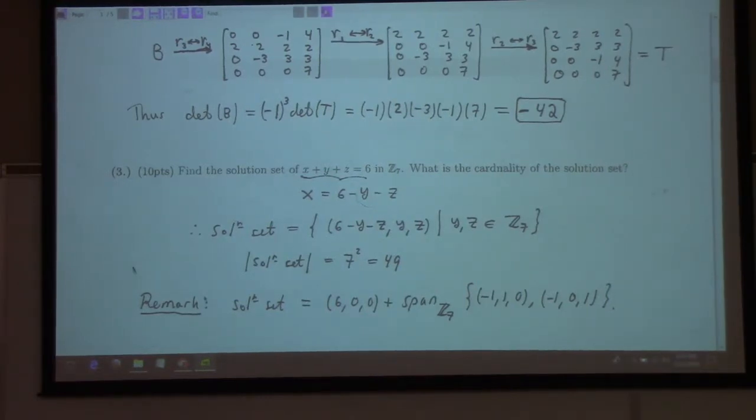Anyway, you don't really need any kind of fancy solution technique for this one, right? So typically we like to solve for the first variables in terms of the last ones. That's our custom. Right? So x would actually be the pivot variable here. Y and z would be the non-pivot variables if you want to look at it. And